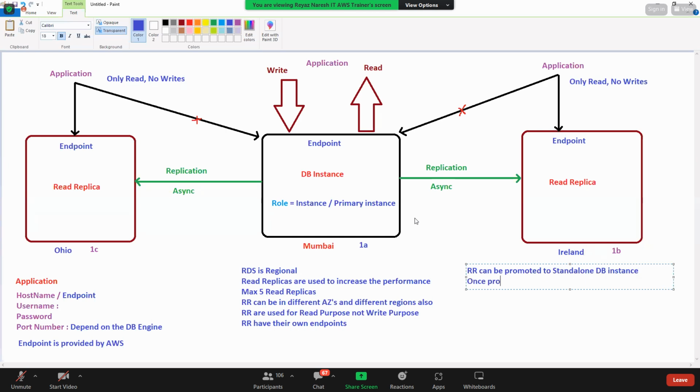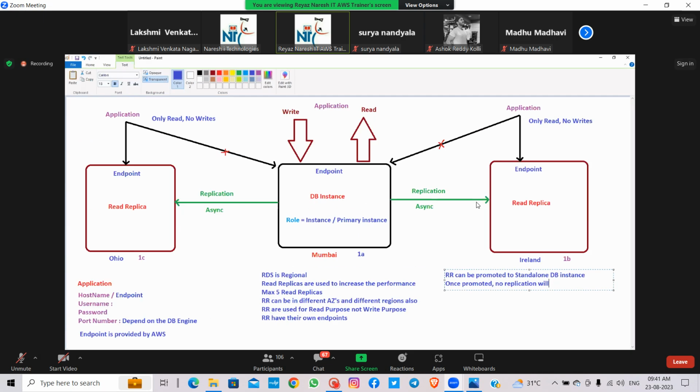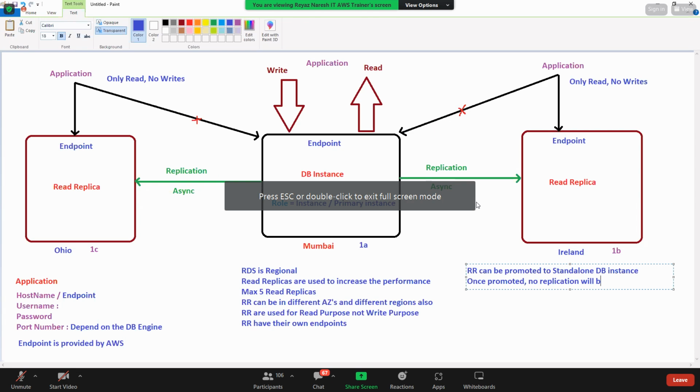Once promoted, no replication will happen. It will be stopped.